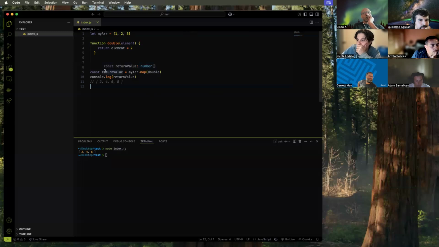That's pretty close. So return value is just where it's saved, right? It's grabbing myArray here. It's applying the function map. So it's going to create a new array. And what's it doing to every single element? It's applying this function. Now, that may look weird, right? Because if this was